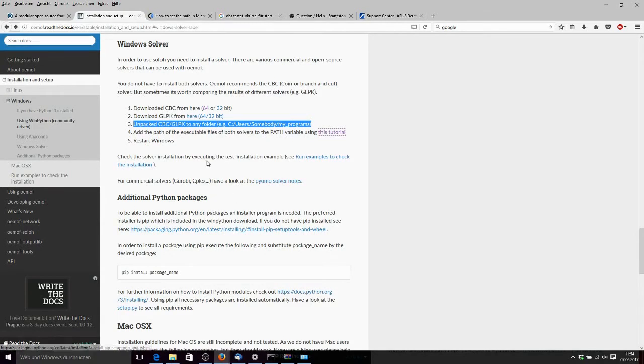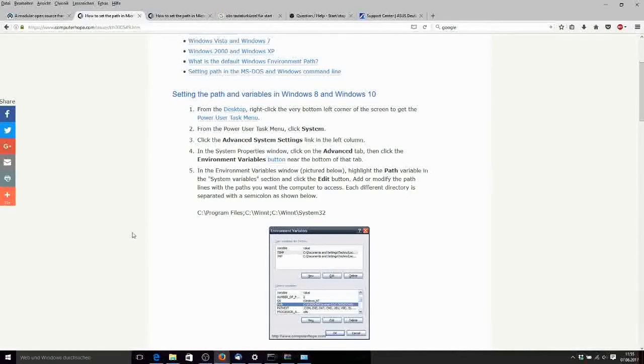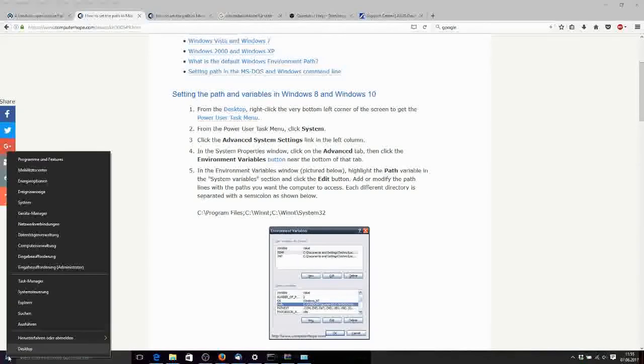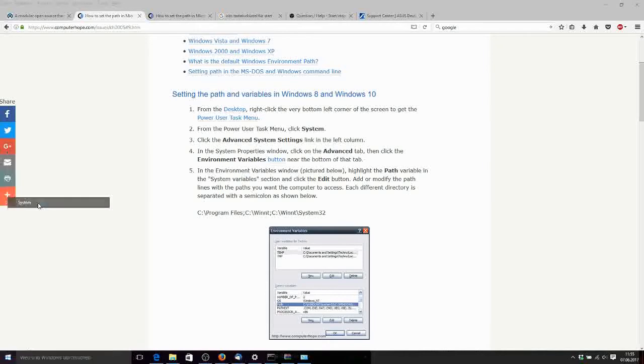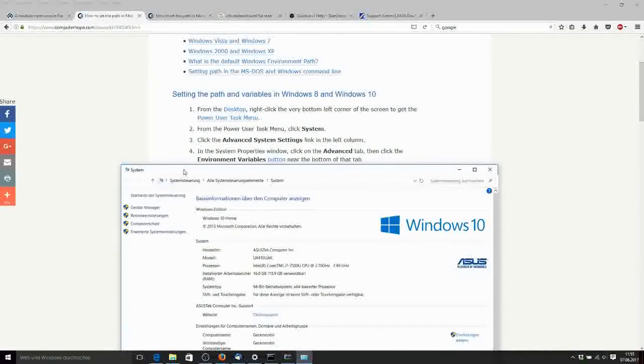Now that we have unpacked the CBC solver, we have to add the path of the executable file of the solver to the path variable. For that there is a tutorial that you can follow, and I can show it right away. So we go with the mouse down to the left corner, click with the right mouse, go to System, and here we have in German the erweiterte Systemeinstellungen, and here you can find it in English the advanced system setting, and we click that one,